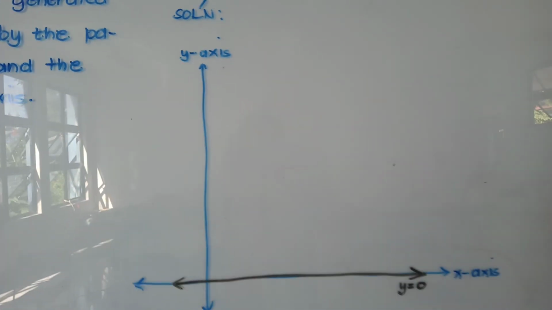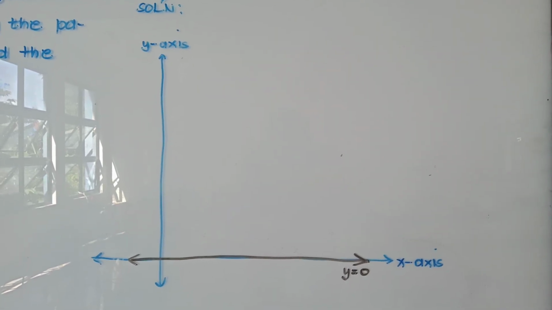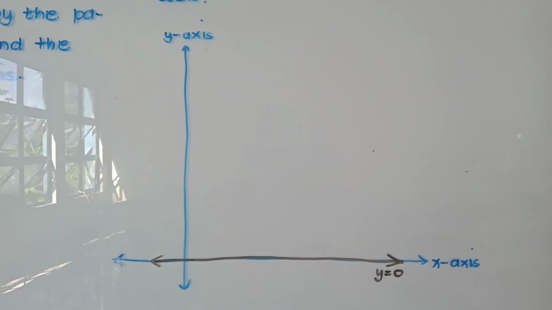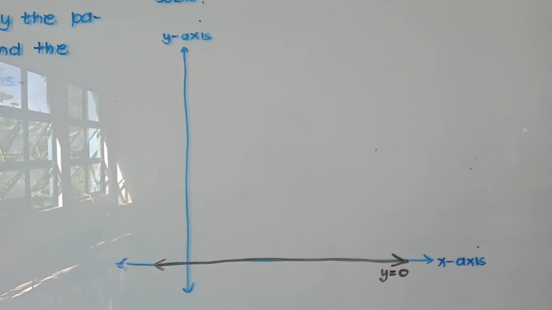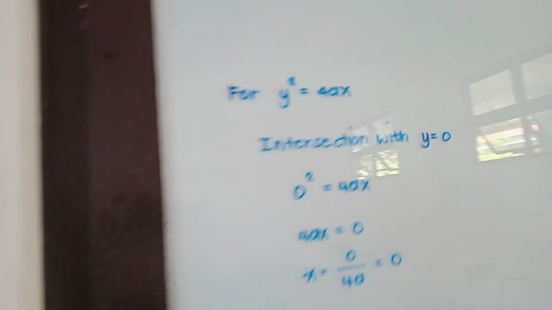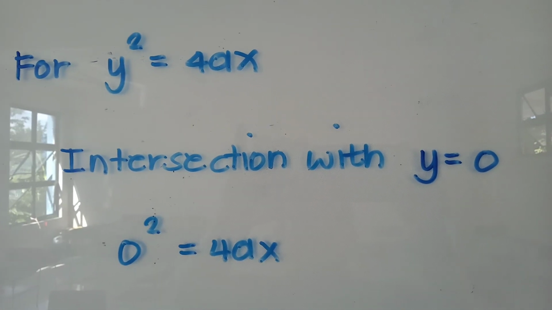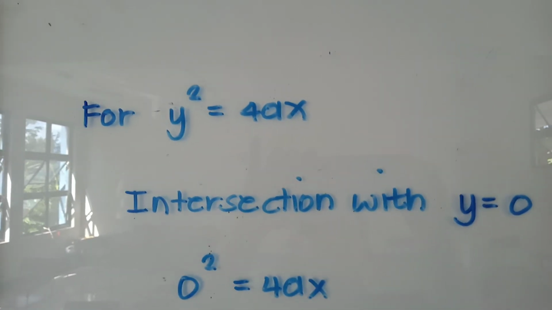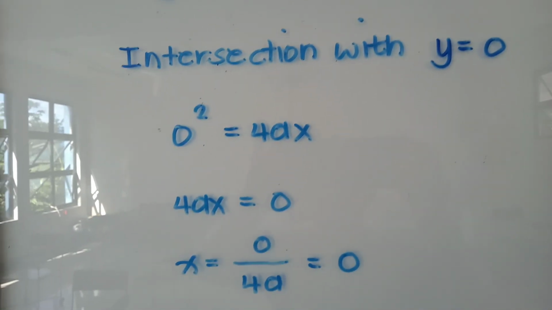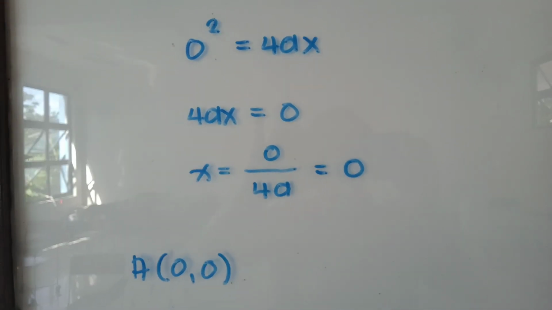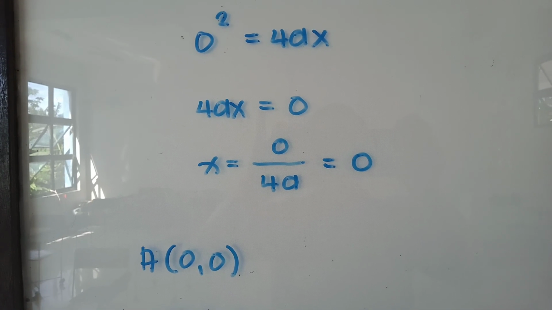So I'm going to plot the areas to be revolved, and the easiest, as I have said, is y is equal to 0. So before we'll be able to plot the latus rectum, we need to plot first the parabola. Okay, since we have plotted one of the boundaries already, y is equal to 0, then we try to intersect the parabola with our first boundary so that x is also 0, and we will have point A. Let us plot this in our diagram.